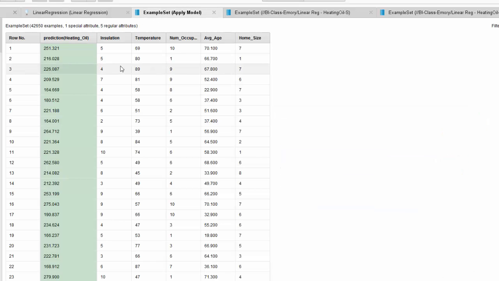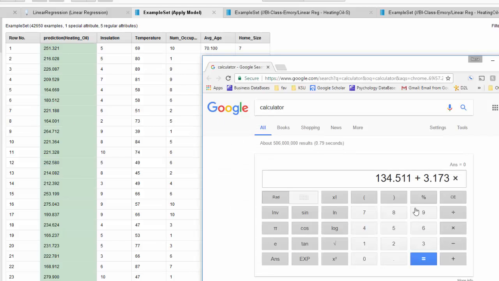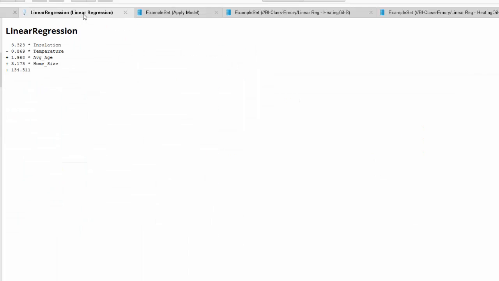Let's go to data and see what is the home size here. This is 7. Multiplied by 7. Let's go to the linear regression again, and that's plus 1.968